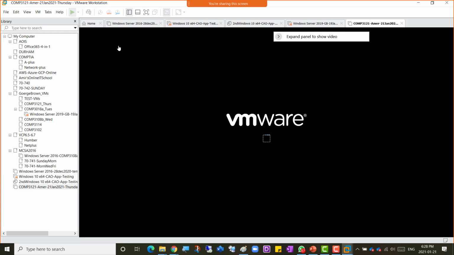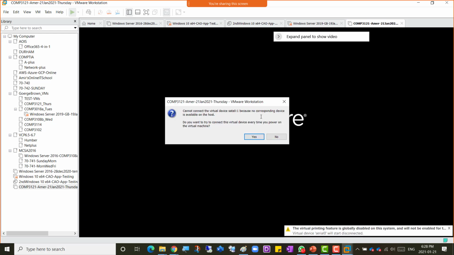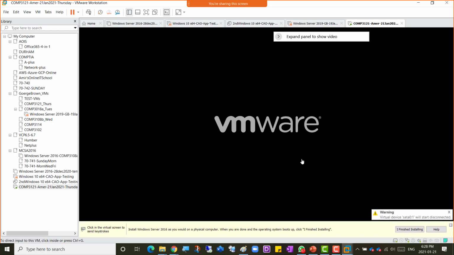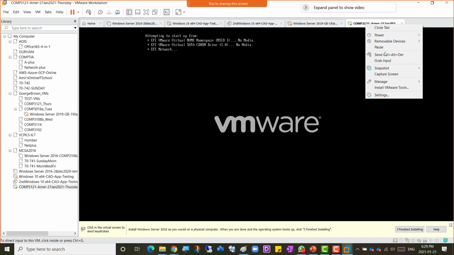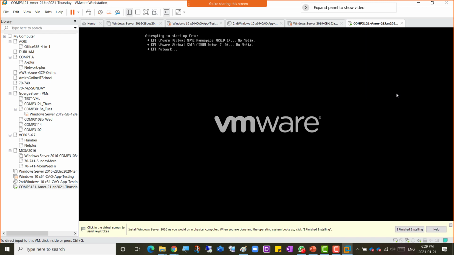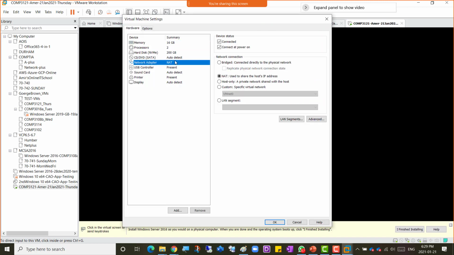So I'll power on, and it asks if you want to keep the device connected. There's an extra device, so I'll click no here. Now it has nowhere to go because we haven't connected the ISO, so I'll go to the virtual machine, go to the DVD, connect the ISO there, and then come back here and restart guest. So hopefully that software license bug or error does not come. I'm going to right click here, go to settings, and simply go for auto detect,